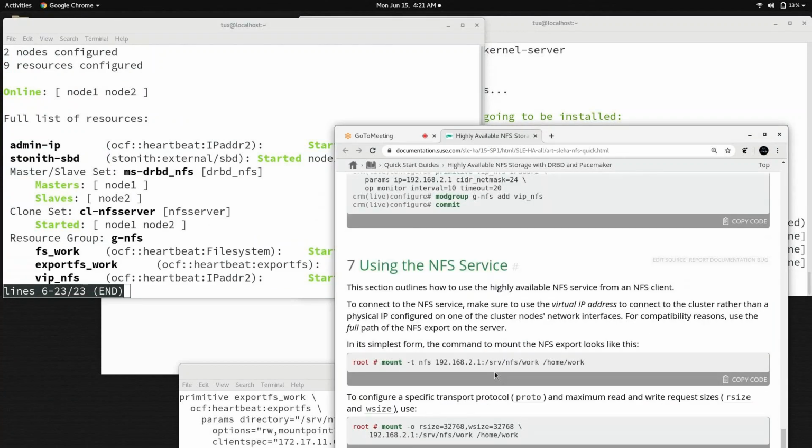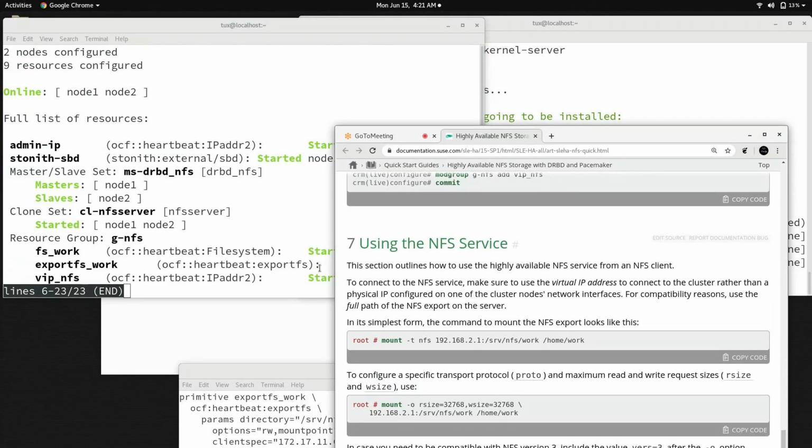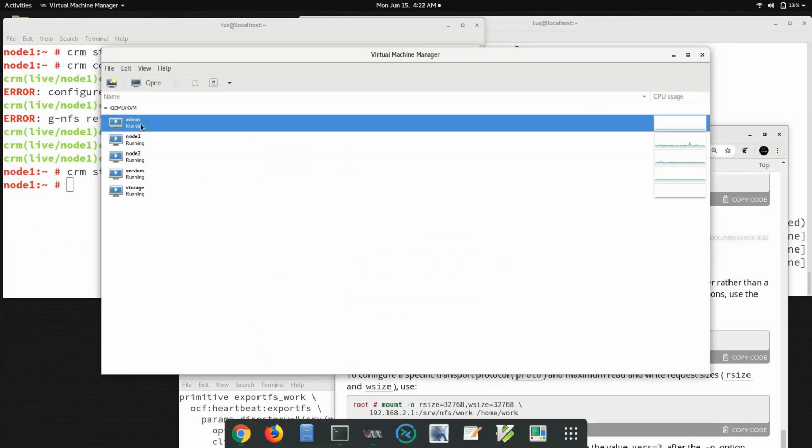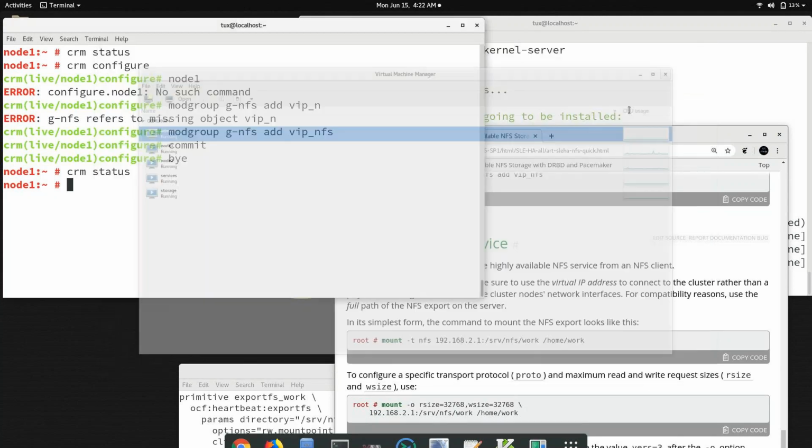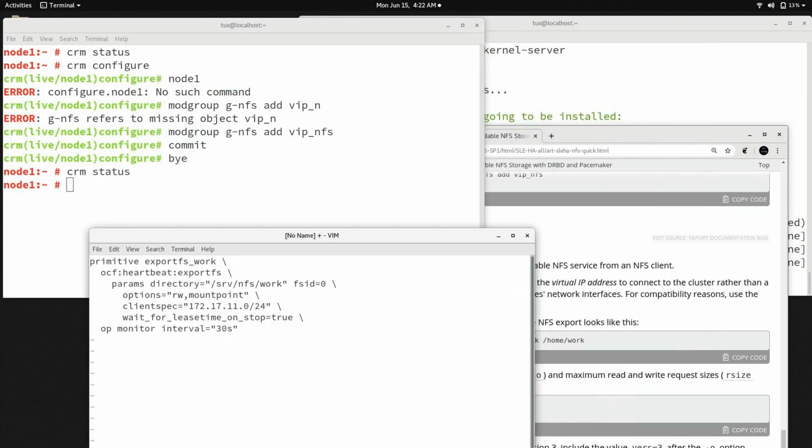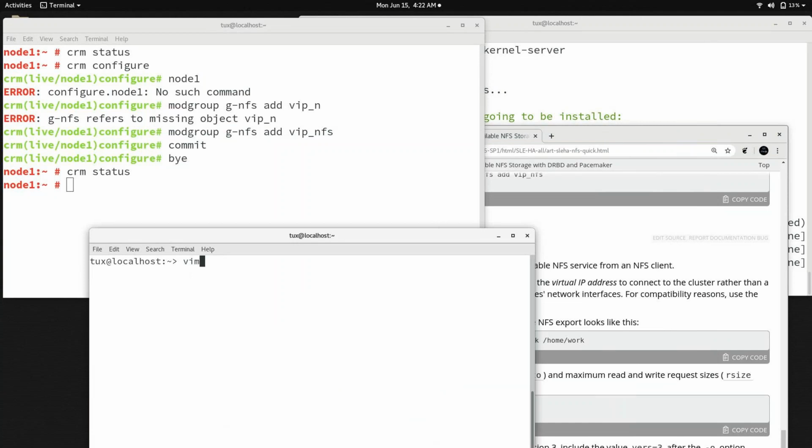Now you have to access this thing, right? So you need a client machine. Because you have allowed 172.17.11.0, anybody who comes in this range can access my data. So at present I have one of my admin machines. I will use this admin machine as a client to access this. So let's come here and take the SSH connection to the admin machine.